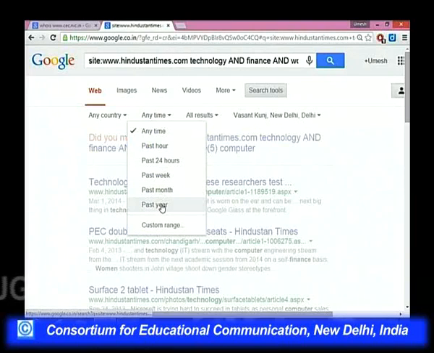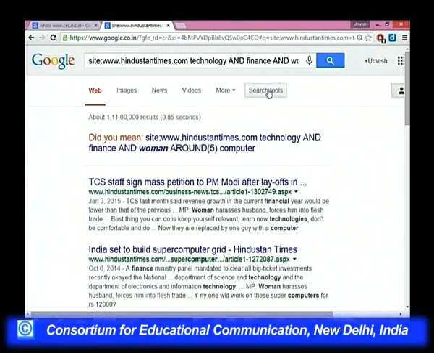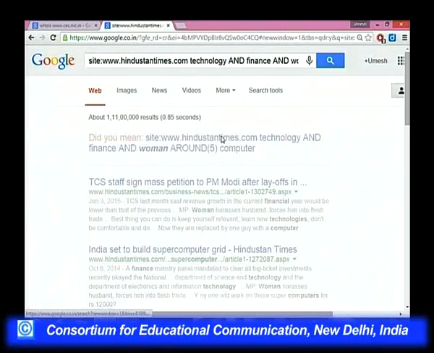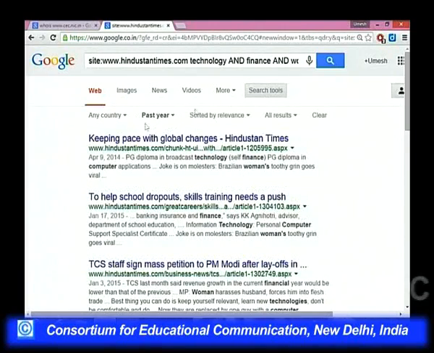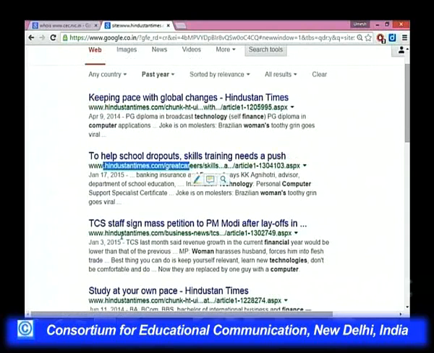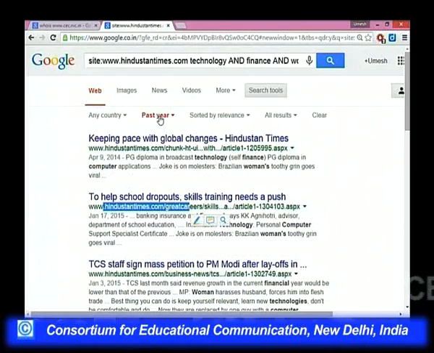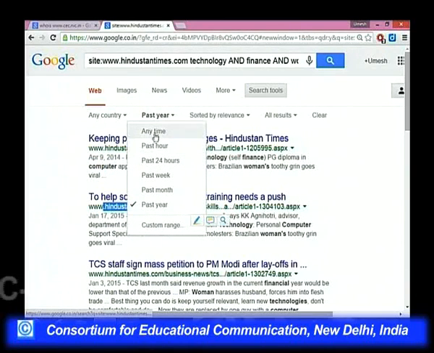If you press this past year, then you will see that in the past year there are around these many links. So, this is 1 year, clear, as you can see that it is searching inside the website only, and you can search anytime.